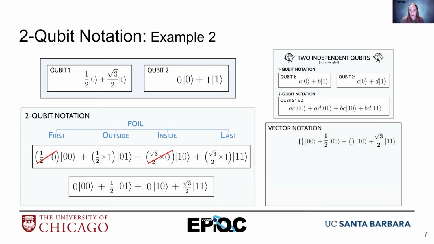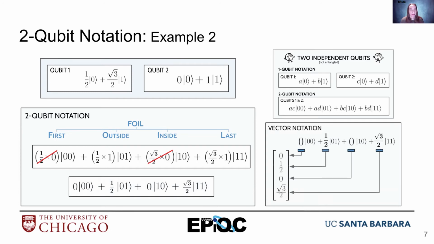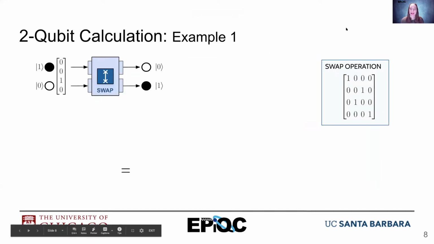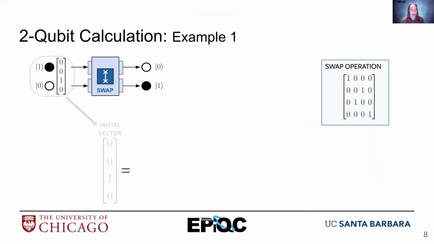So we have these, so we put them in the correct order, we rotate, and we put it in the vector. Now we're ready to do calculations. Okay, so let's try the 2-bit calculation. We've already figured out what the initial vector is for this example. We did it in a previous slide.